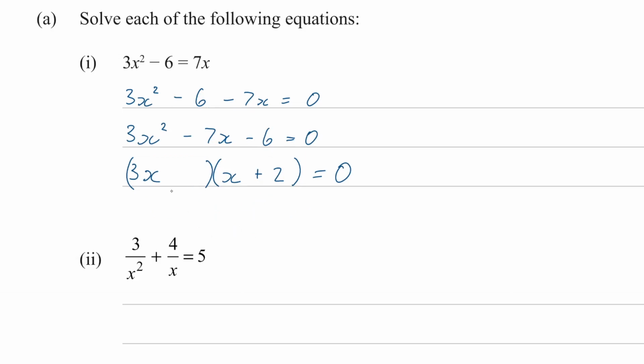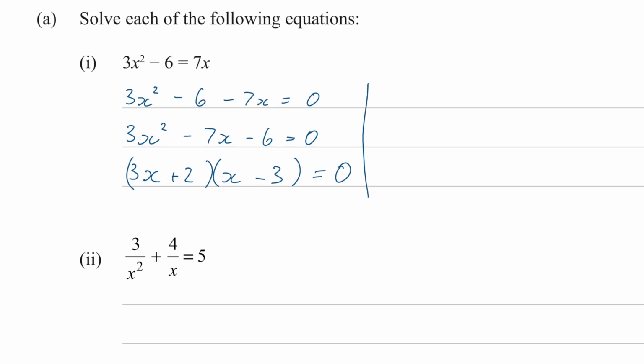So let's try that again. This time +2 in this bracket, minus 3 in this. And notice it changes because this 3x is multiplying. It has more weight to it on the number that we choose in either bracket. So let's expand that out. 3x squared minus 9x plus 2x minus 6. All right, and when we combine those, that is minus 7x. So we're correct in our factorizing,